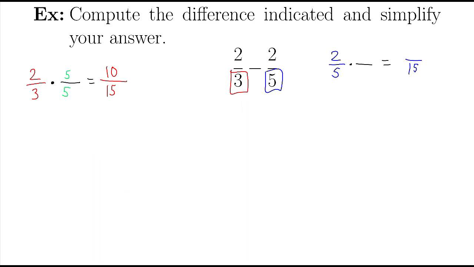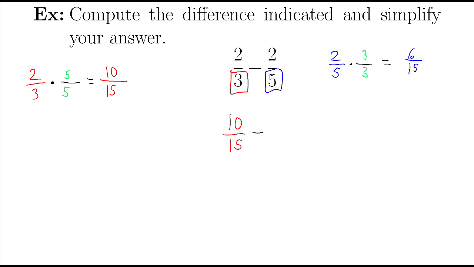Now, same thing on the right here. So 2/5, we need a 15 on the bottom. 5 times something is 15. That something is 3. In order for this to be a fancy 1, we have to make sure the top is 3 as well, because 3/3 is 1. So 5 times 3 is 15. 2 times 3 is 6. So there's our two new fractions. Let's keep the colors consistent here. Okay, so we have 10 over 15